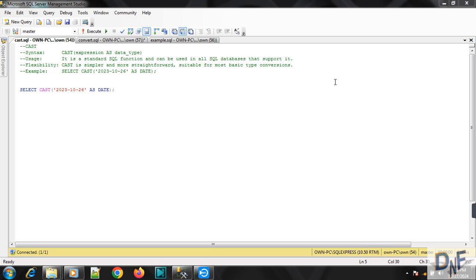When we work in SQL Server, we normally use both functions to convert a value from one data type to another data type. But somewhere we have some confusion about that. Both functionalities are the same, but what is the basic difference between them? So let's understand based on a few points.